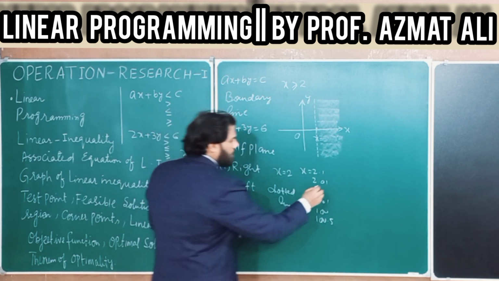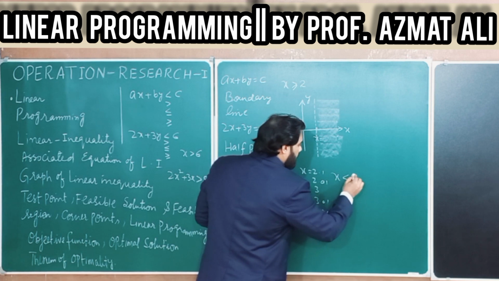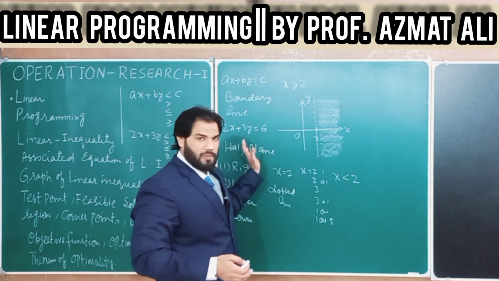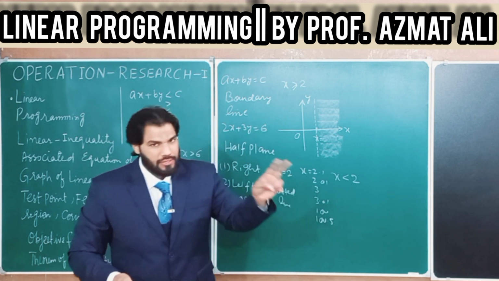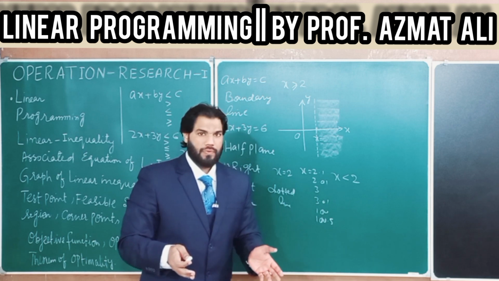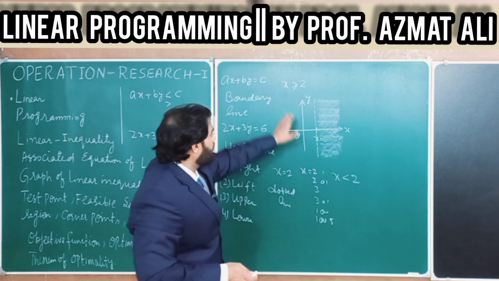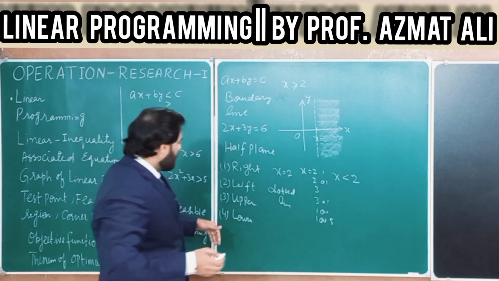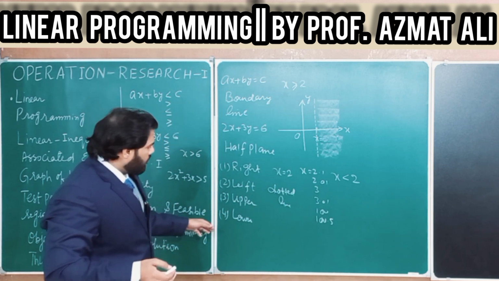Similarly, if you want to draw the graph of x less than 2, now this will be a left half plane. So left and right half planes will occur in the case of a vertical line, and a vertical line will be when you write x equal to some real number. Also upper and lower half planes,